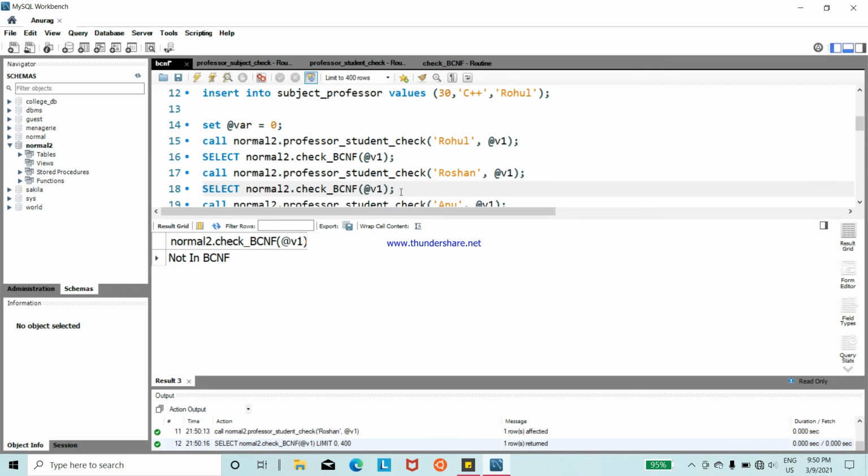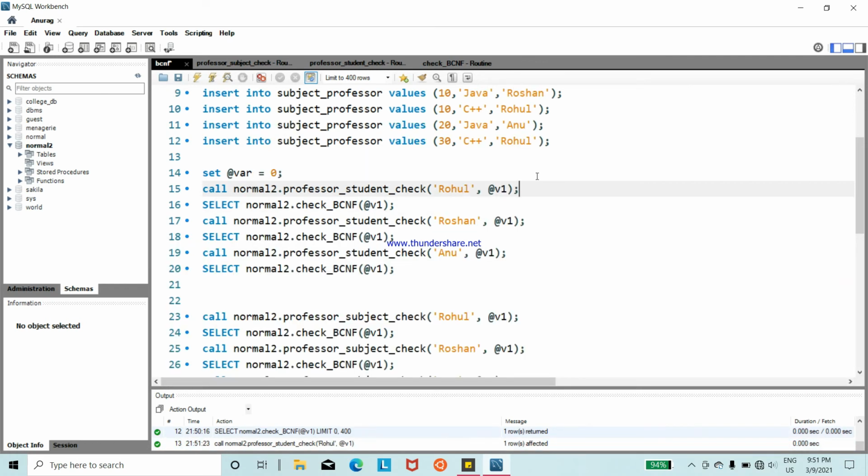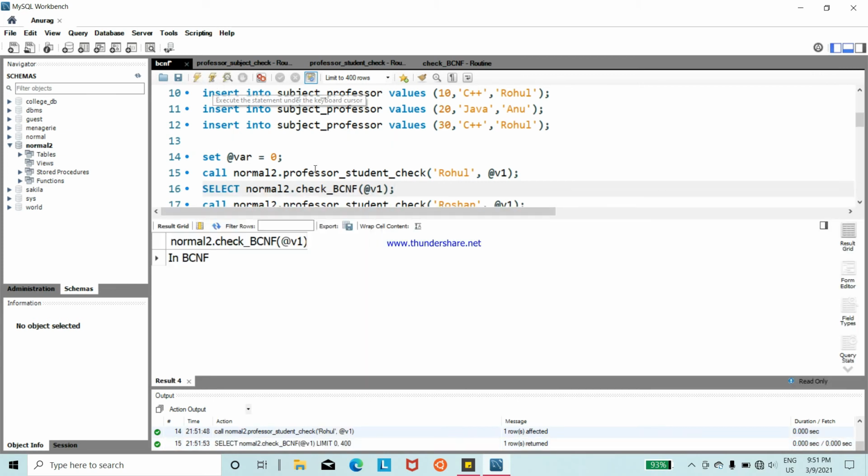Now I am going to check whether the table is in BCNF or not using procedures and function. For this, we call the first procedure professor student check with professor name Rahul, and then call the function with v1, and we got in BCNF.